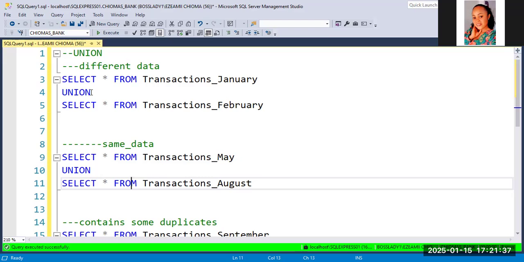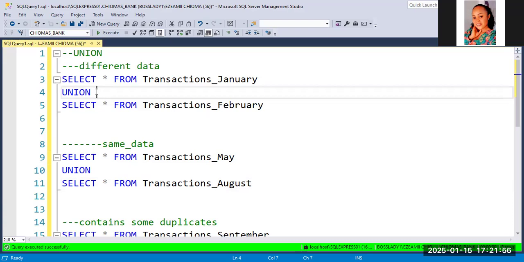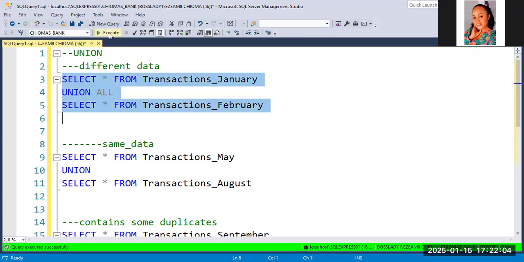So then we have another set operator that we call union or. Union or is similar to union, but includes duplicates in the result set. So with union or, if I want all my data, I don't want you to remove anything. I want everything in my January and February table. Please give me everything. If I run this, it's still going to give me the 10 rows because we